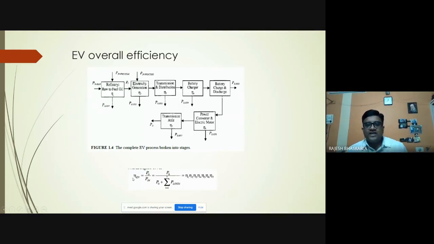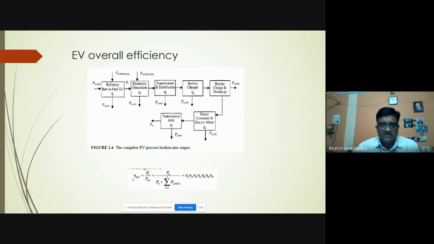So that is why it is very difficult to say that this vehicle, a fuel cell, is more efficient. No, the electric battery vehicle is more efficient. No, a plug-in hybrid electric vehicle is more efficient. No. So this is the complexity that is involved in saying the efficiency. Am I clear? Am I clear to everyone? So these many efficiencies play an important role.